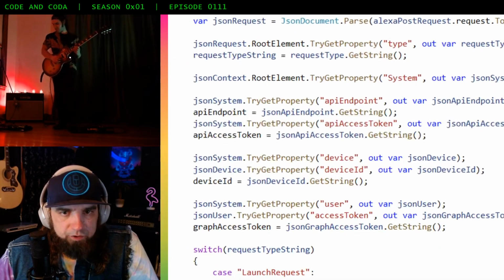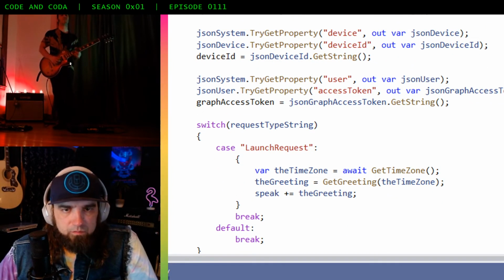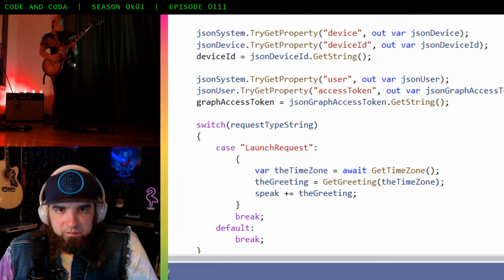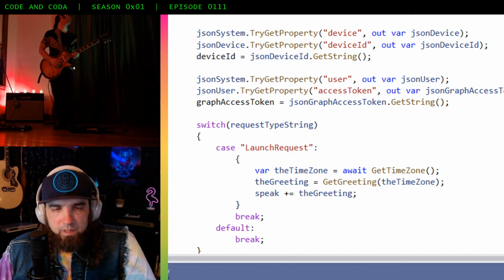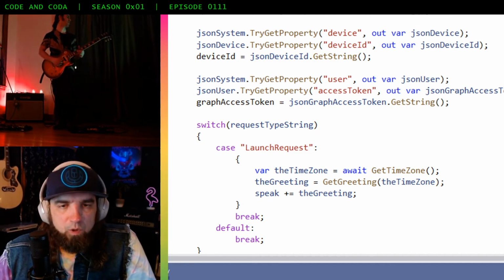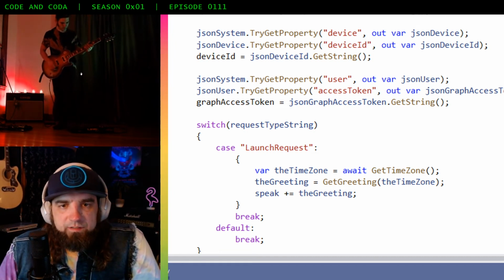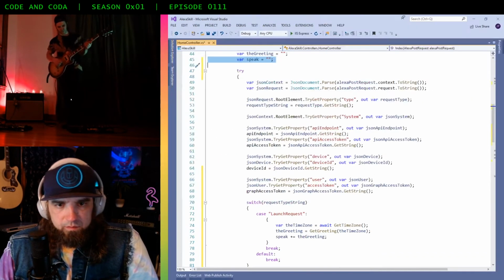So we're just kind of drilling down through the information. The request type here, one request type is launch request, and that is going to be case sensitive, remember there. And if it's a launch request type, what we're going to do is send back a greeting that says, good morning, good afternoon, or good evening.